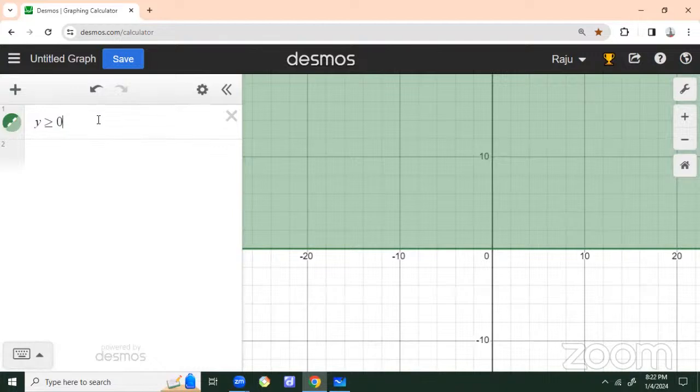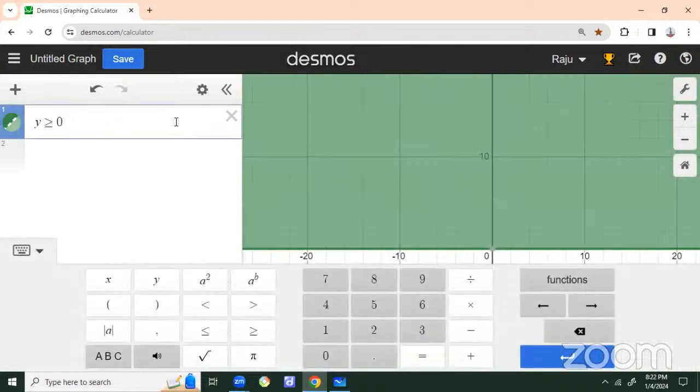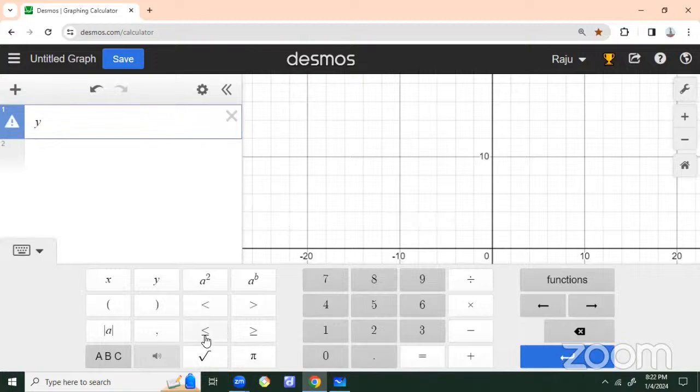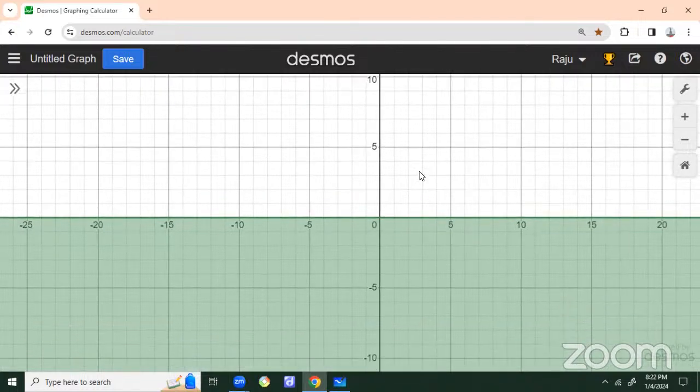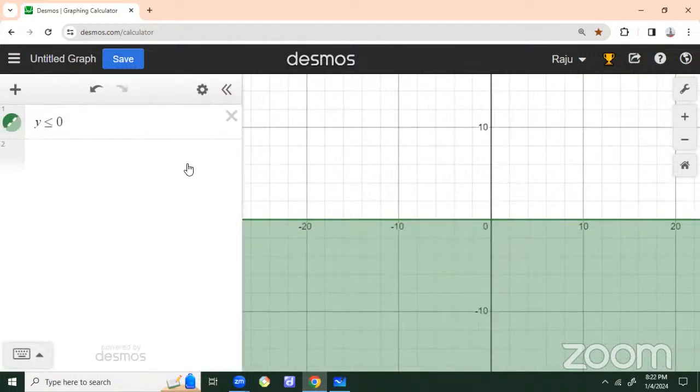Okay. Similarly, if we have to plot the solution region for y less or equals 0, which part will be the solution region? Third and fourth quadrant. Yes, you can see here that the third and the fourth quadrant will have the solution region for the linear inequality with one variable, which is y less or equals to 0. All right. Now,